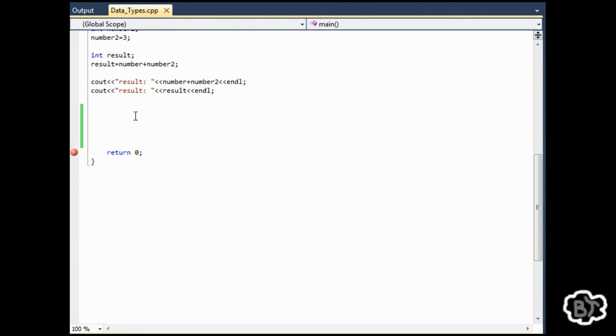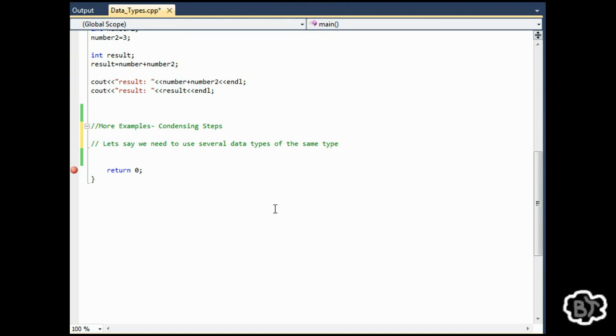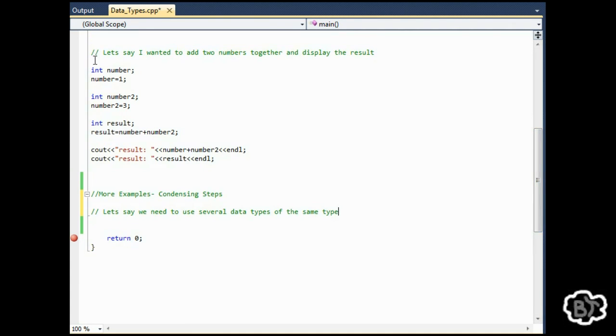Let's look at some more examples of using data types, and let's specifically look at condensing steps. Pretty much what we're going to look at is just a shorter way of doing the same thing. Let's say we needed to use several data types of the same type. We actually had to do this in scenario 1, where we created 3 integers to hold 3 separate values. So let's stick with that same idea and say we needed 3 more integers to hold 3 more values. And we can actually declare these in the same step by typing the data type and then